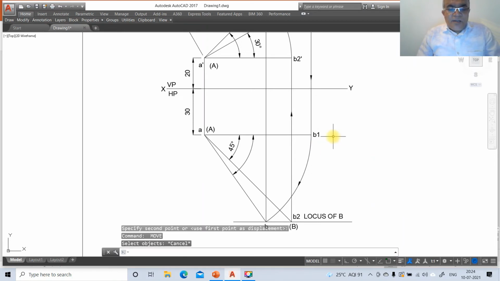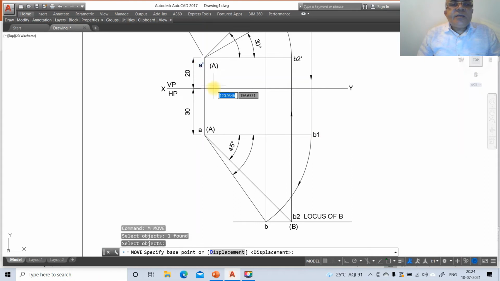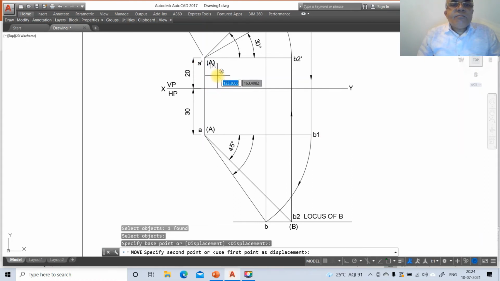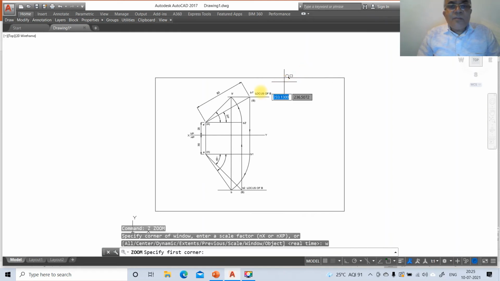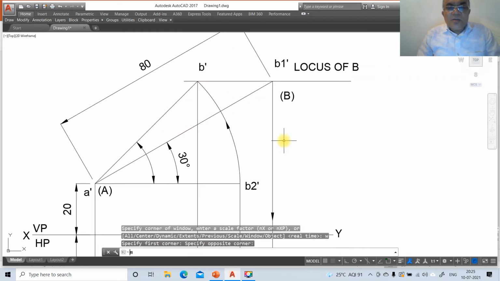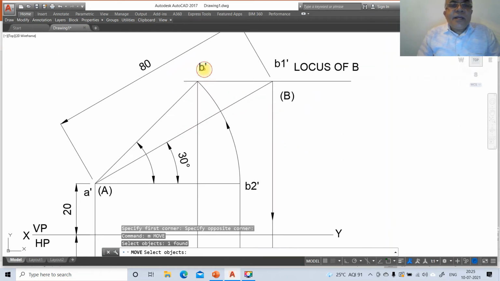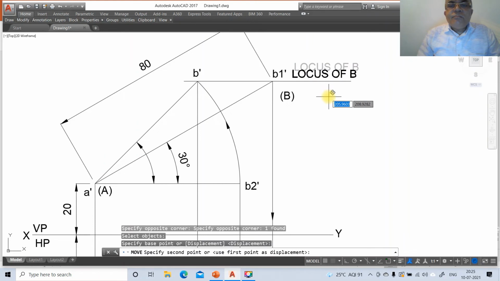Similarly go to move A dash, then A, then B2 dash, then go to zoom previous, then zoom window. Here go to move, take B dash, take B1 dash, then this is going to be locus of B, then small b.